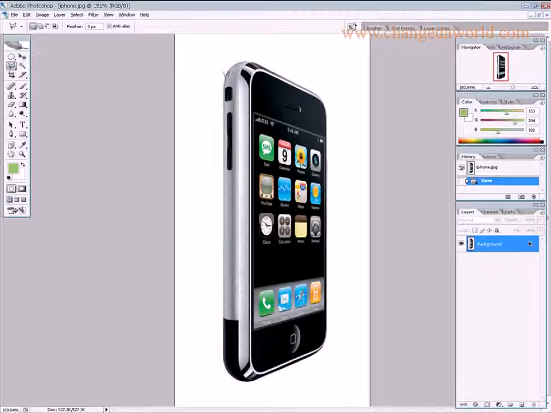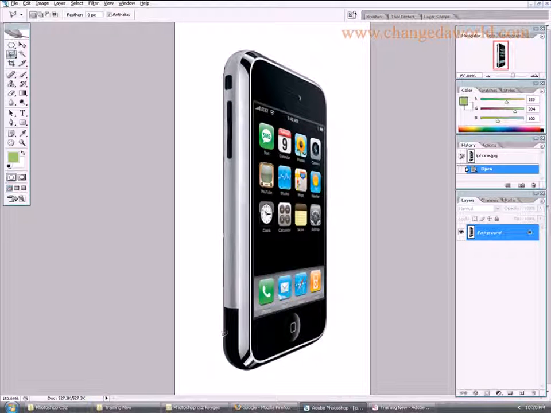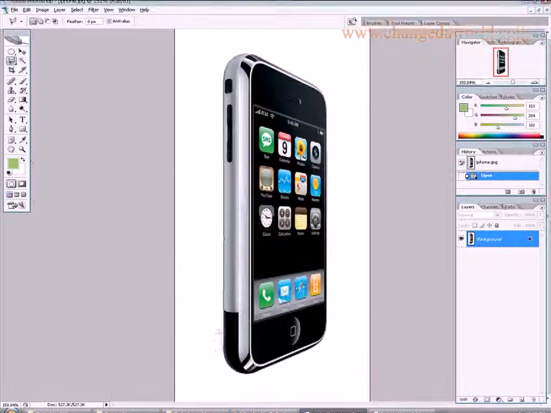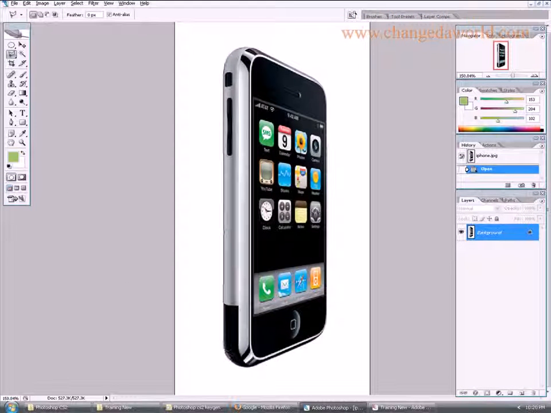What I can do is click here once, release the button, again come down here, click again to make a selection, again come back here, drag, click to make a selection, again click here. Let me press the space bar on the keyboard and then move the image. Let me make a selection here. Again, let me select the image here. Let me drag and again click here. And if I want to delete this particular selection here, I can press the delete key and again come back,